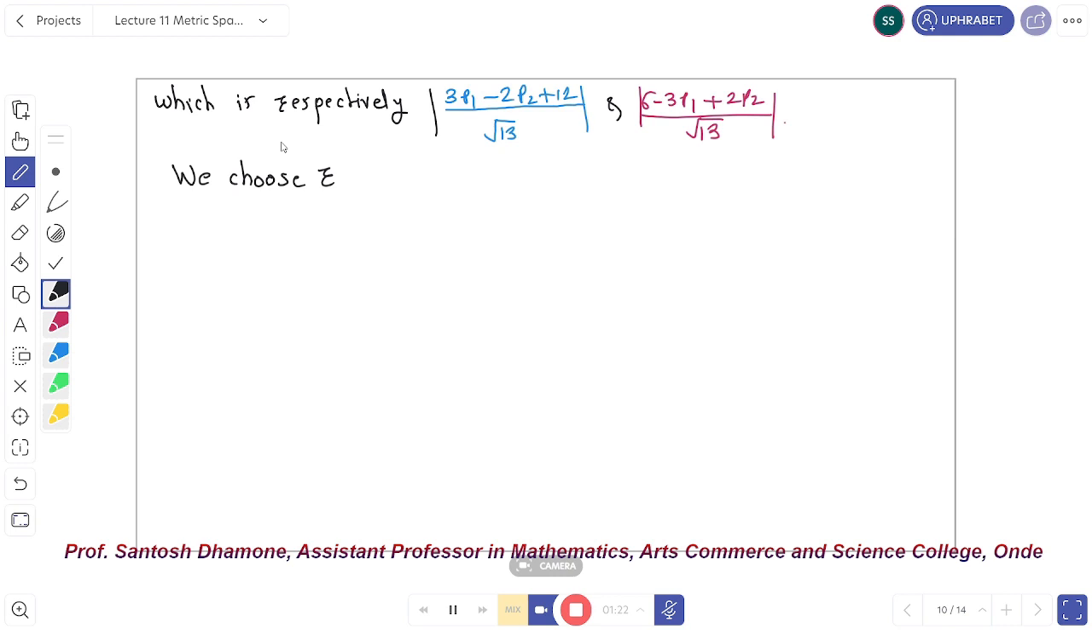But r is equal to, we choose r equal to 3p1 - 2p2